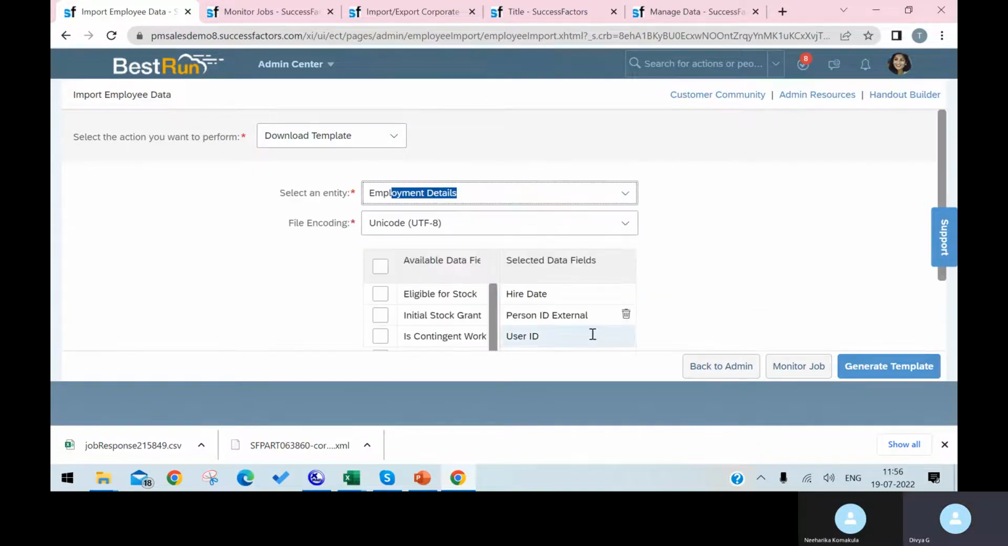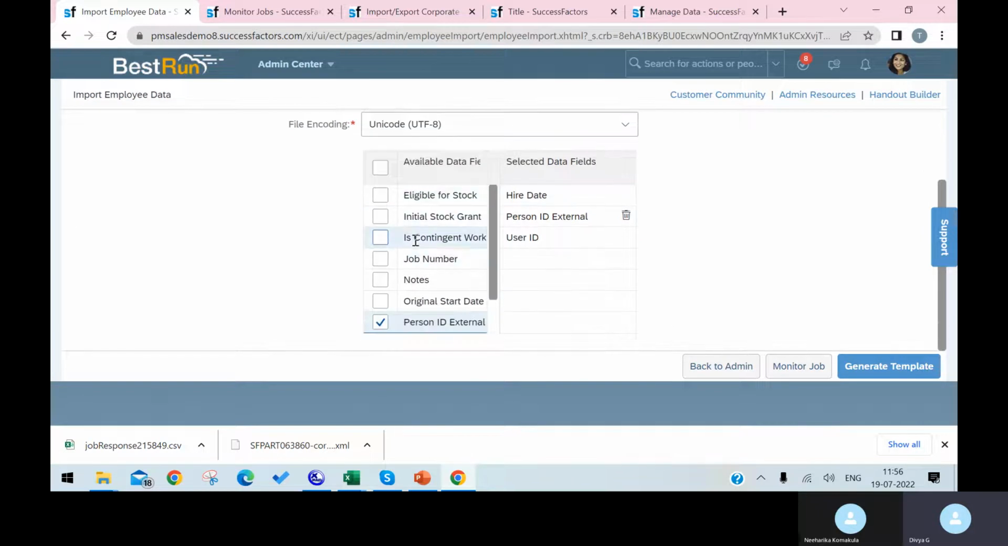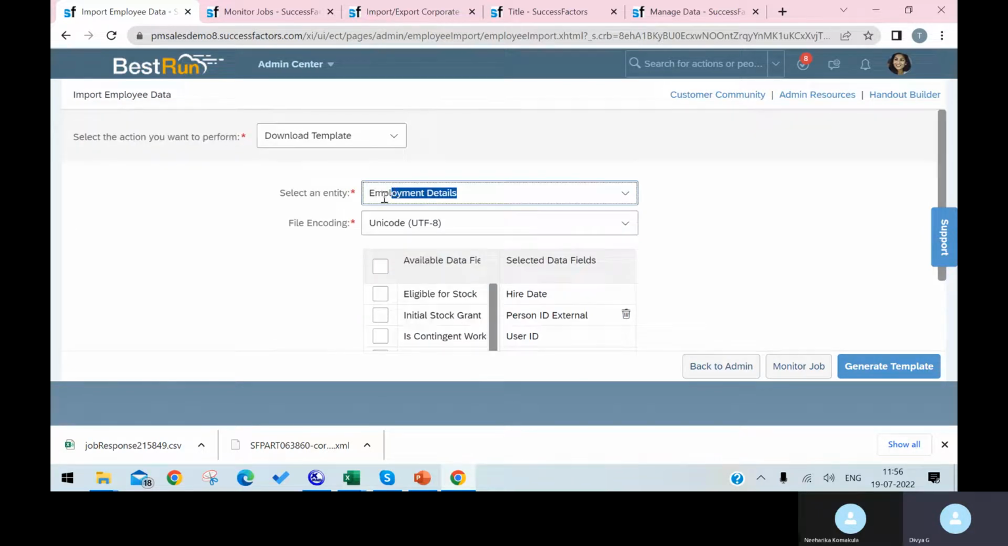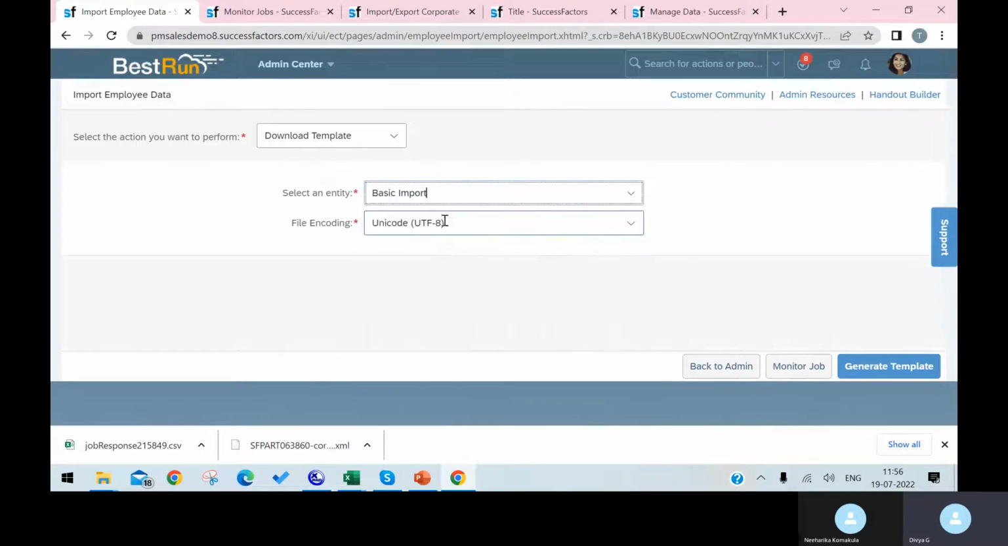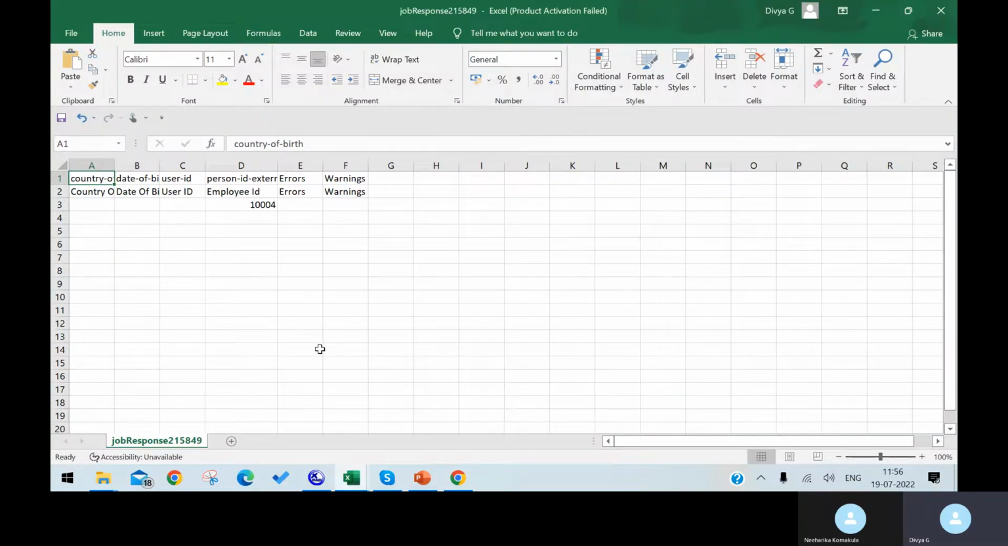And details. Okay, like this we'll have what details we are giving. Those entities we need to select. We'll have this drop down: basic import, employment details. So if I want to do the basic import, I'll do generate template, and if we see, all basic details of the employee will come: